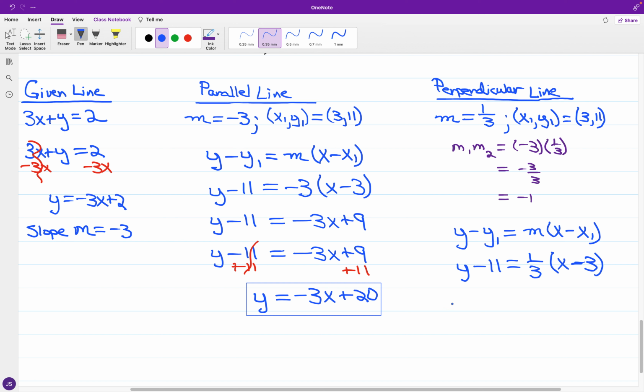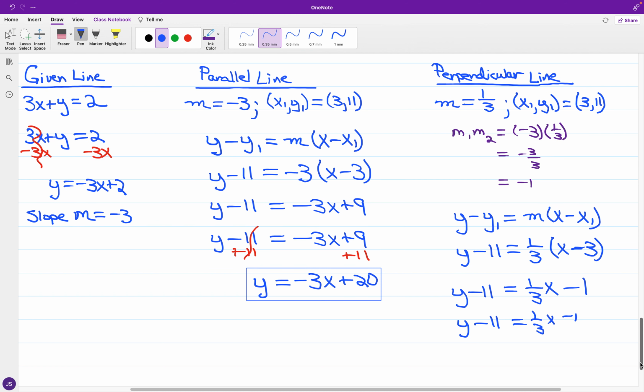And now looking at distributing 1/3 over the quantity of x minus 3. So I'm going to have y minus 11 is equal to 1/3 of x, and 1/3 of negative 3 is going to be a negative 1. And getting y by itself, once again, we're adding 11 to both sides, and for the perpendicular line, we have that y is equal to